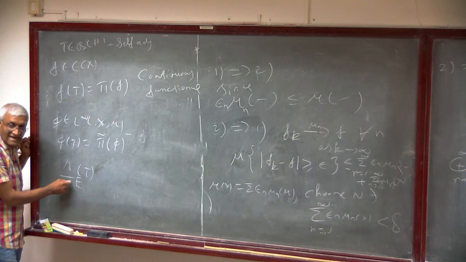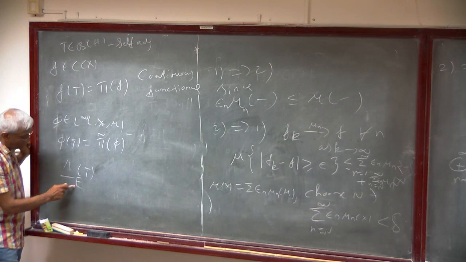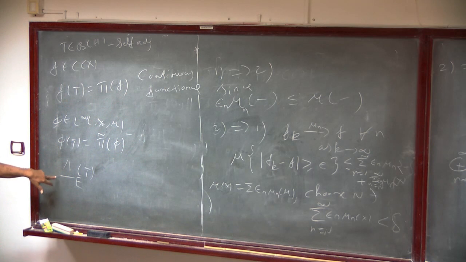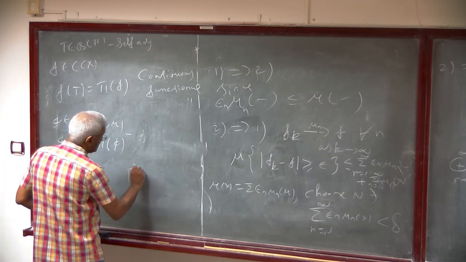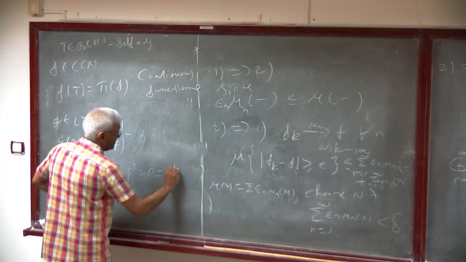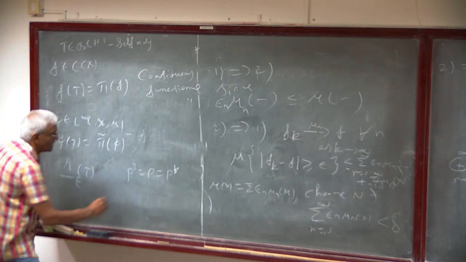This is an idempotent function: if you call this function phi, phi squared equals phi bar. So this will be a projection. A projection is something which satisfies this, right? And this function, phi,